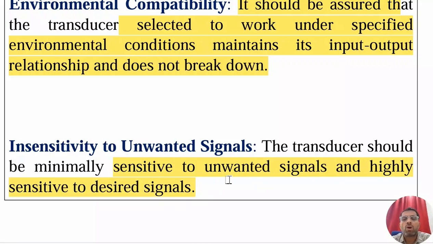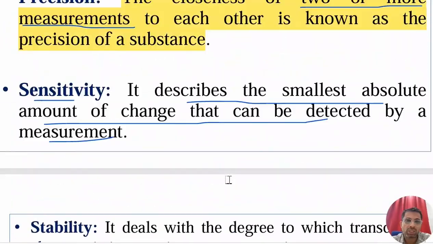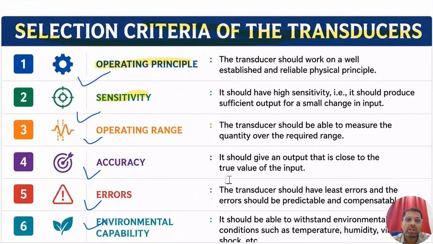So these all are the parameters, which are very simple, that you need to consider when you are selecting the transducer, and this is the selection criteria of the transducer. The question may be for 4 marks or 6 marks in the